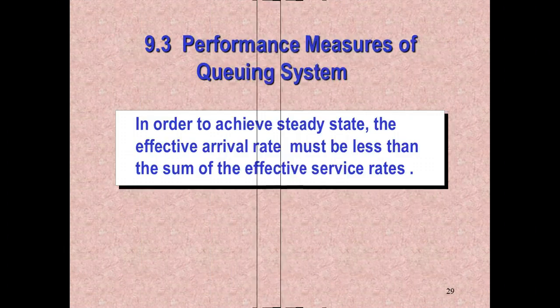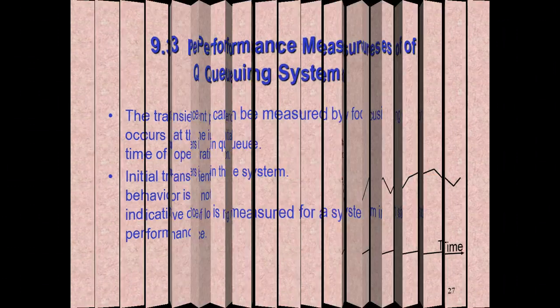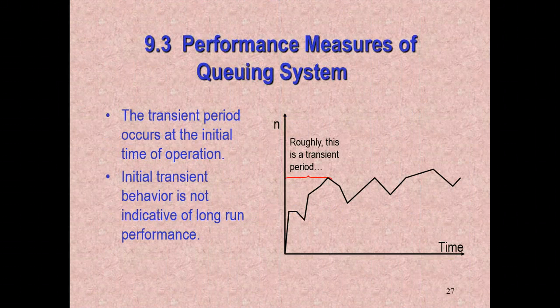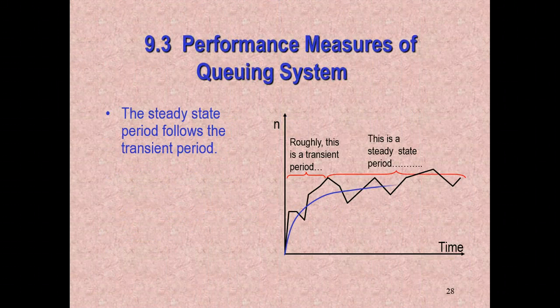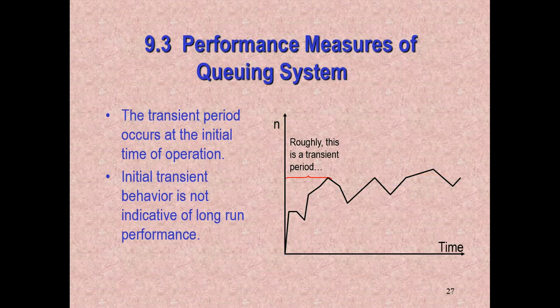The second thing, and I'm going out of order here, but I think it makes more sense the way I go. The second thing is the queue has to achieve something called steady state, okay? Steady state is when the queue is operating properly. And I'll give you 2 examples when a queue isn't in steady state. The first one is during the startup period, okay? It's called the transient period of a queue.